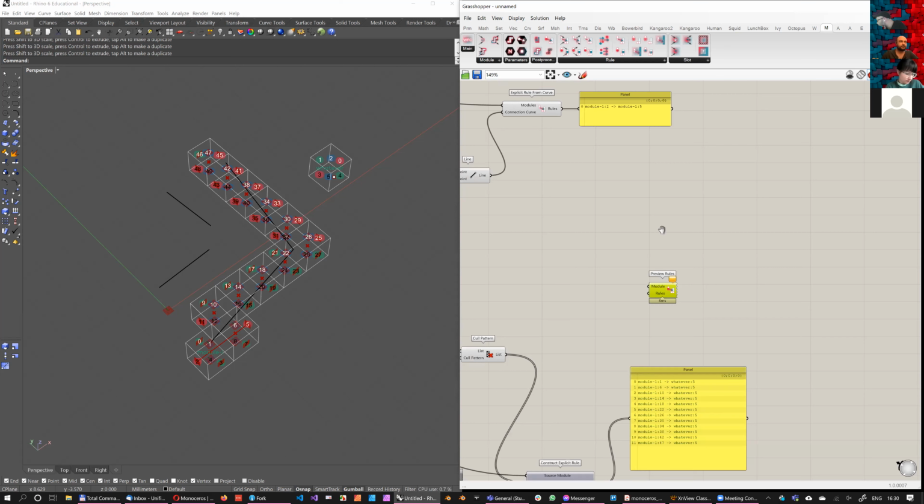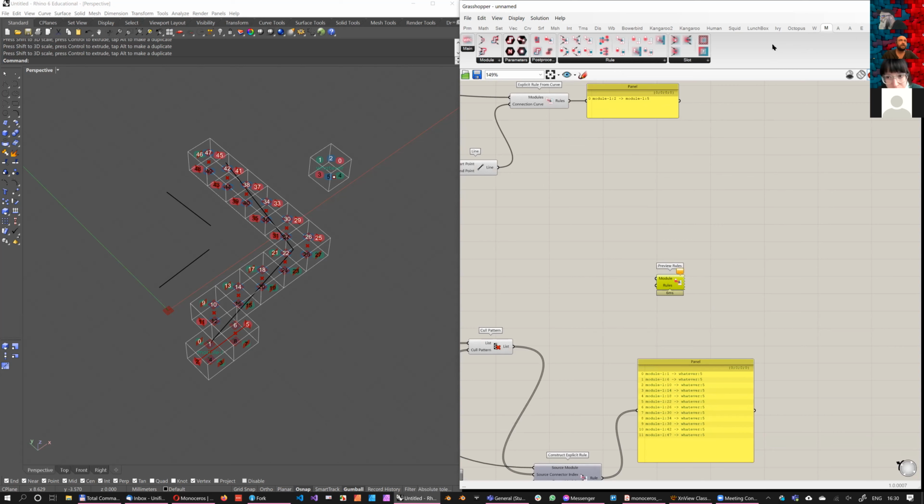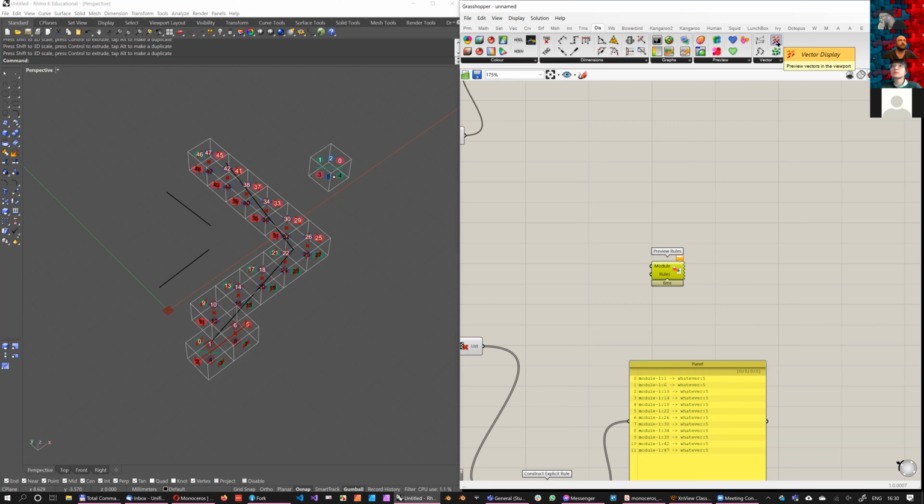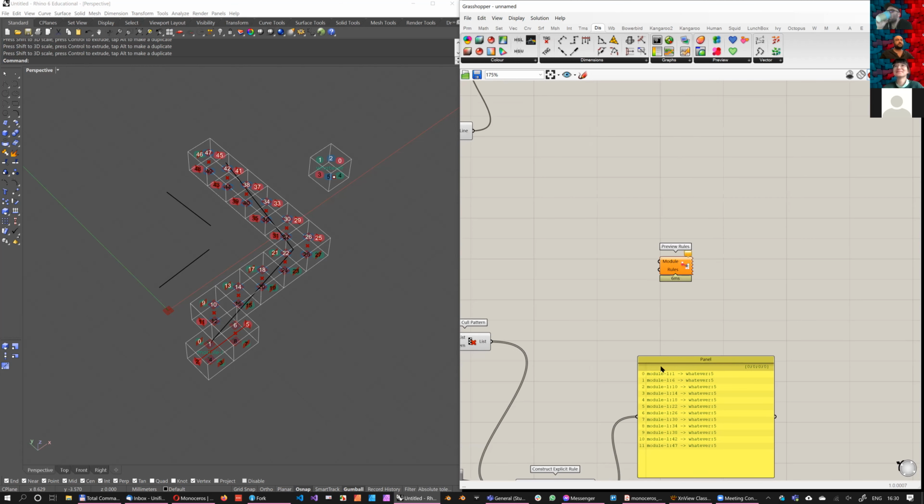So just like with vectors in pure Grasshopper, there is a vector display here. You don't see that like here. There is a special component for vector display because vectors are nowhere in space, which means you need to give another information to display the vector. You need to provide the vector and also an anchor where to display the vector. The same applies to the rules. The rule is just a text